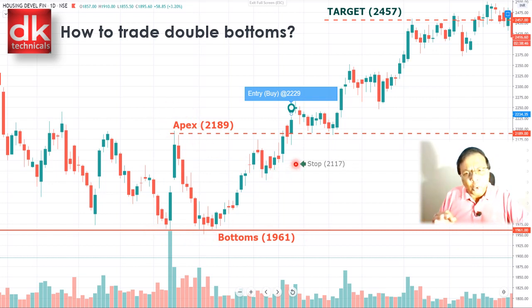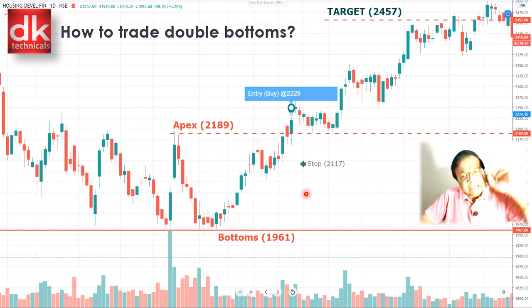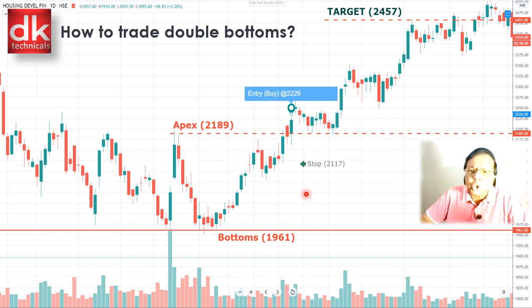If any candle closes above the high of the apex, it is called a breakout. So you can see this particular candle has broken out and given a closing above the high of the apex, and here it gives an opportunity to check the volume first, whether the extent of participation exists or not. We can see there is a surge in the volume when this breakout candle was formed. So it confirms the reversal in the pattern.